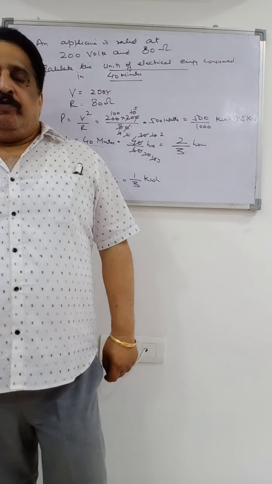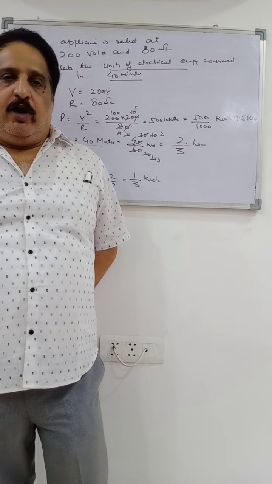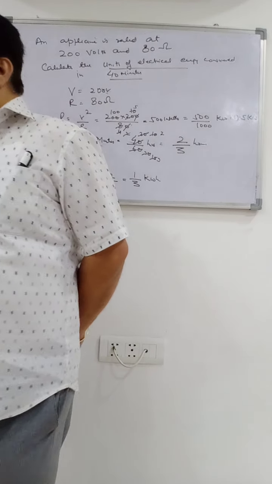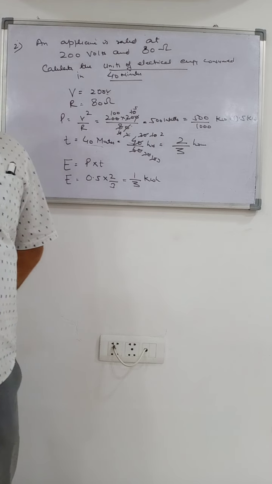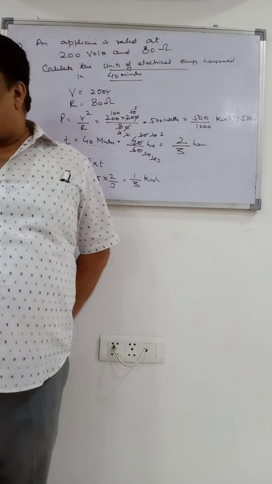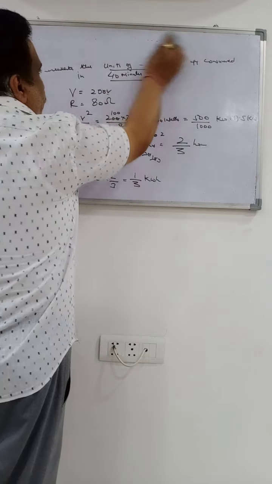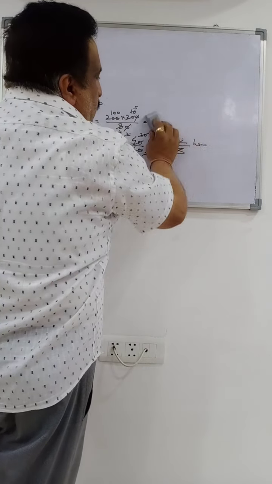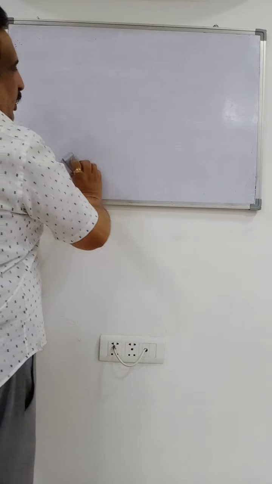Do you understand? We want the commercial unit of energy, that is in kilowatt hour. So any value of power in watts has to be converted into kilowatt and then multiplied by the time in hours and not in seconds to calculate the commercial units. So this was another question. Moving on to the next question. There are lots and lots of questions in this. All questions in electrical energy have to be calculated in kilowatt hours. Next question.